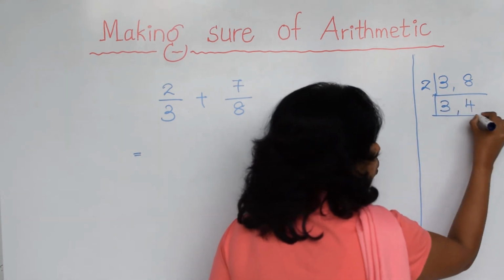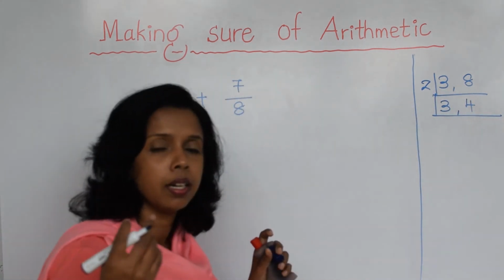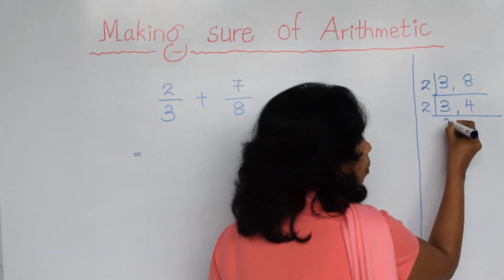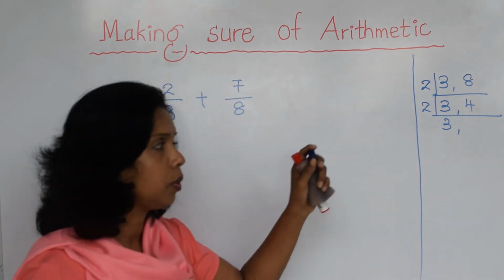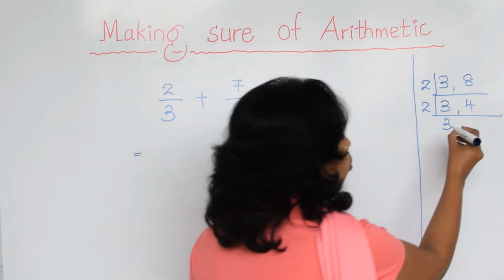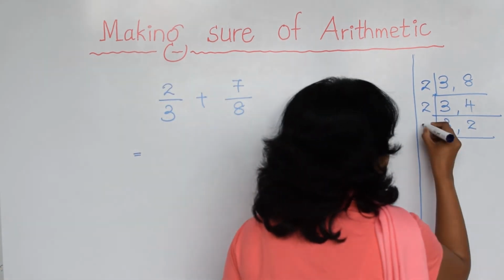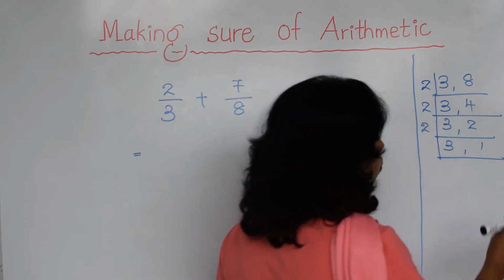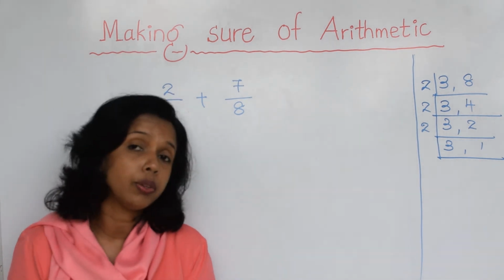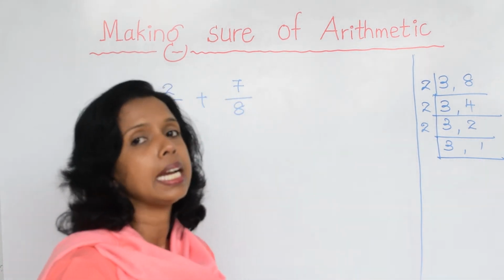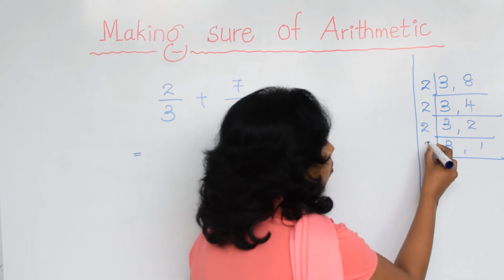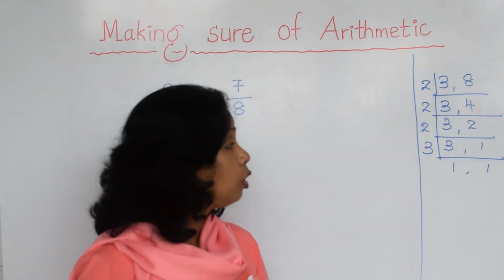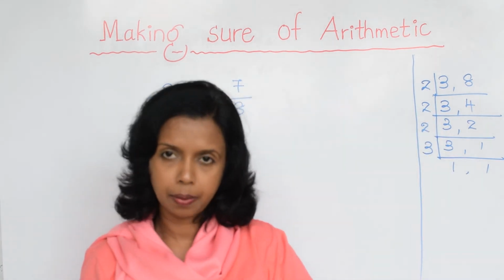Now again you want to divide one of the numbers. If it is divided by 2, then you can take 2. Again I put 3 because it cannot be divided by 2. Then 2. Again 2. 3, 1. Now hereafter you can't take 2. Now we want to move to the next prime number, that is number 3. Now what happened? I told you to divide till you get 1 at the end, right?